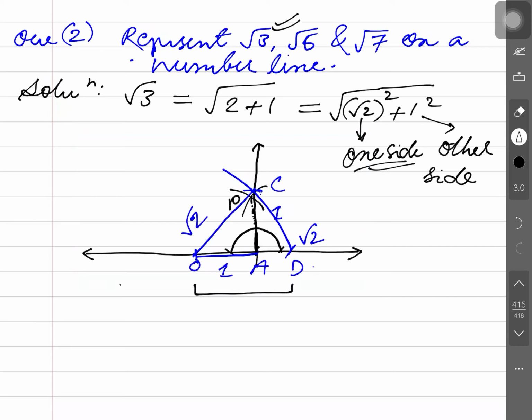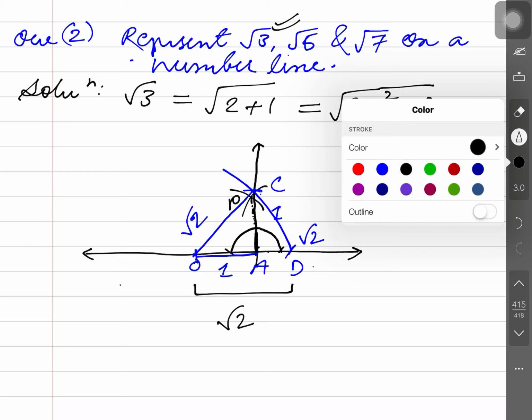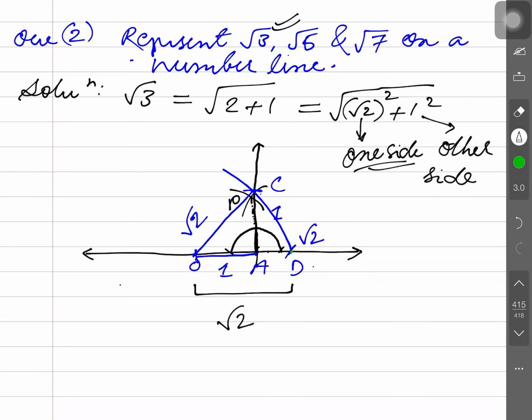From O to D you have constructed root 2. This is root 2. Is that clear? And again you will take AD and construct a perpendicular. What is the method here? Again you will construct a perpendicular here. I am showing this with different colors. It's green. Take center O, again draw a semicircle and cut 2 arcs here and join to this. Sorry, the arcs are wrong here. Cut one arc here, the other arc there, and join to this. Draw a line here. This is perpendicular.